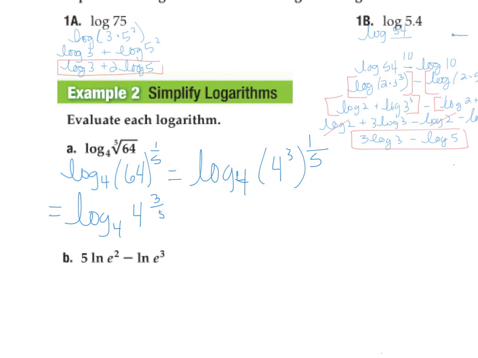Well, in lesson 3.2, we saw that if we have a base and the number being the same, so we have a 4 and a 4 there, then the exponent itself becomes the solution to our problem. And so 3/5 is the answer. In part B,